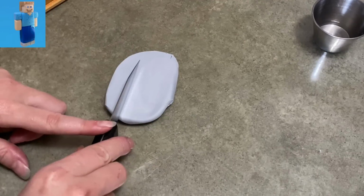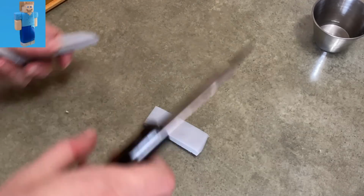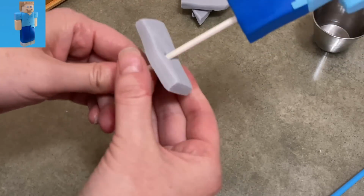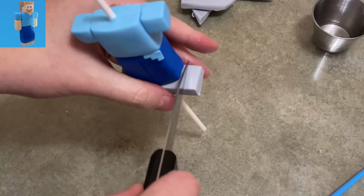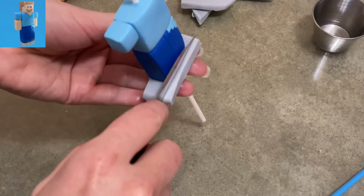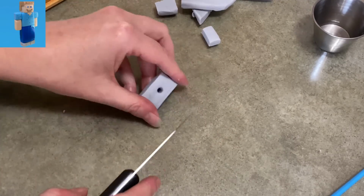So moving on, now we've got some gray. We're going to do his shoes with this. I'm not measuring anything because I'm starting to feel lazy at this point, because I've made about 1 billion Steves and it starts to get old. So I just rolled out some of the gray. I just felt like that was thick enough or thin enough, depending on your point of view, and put it on the stick. As you can see, I just put some marks on it